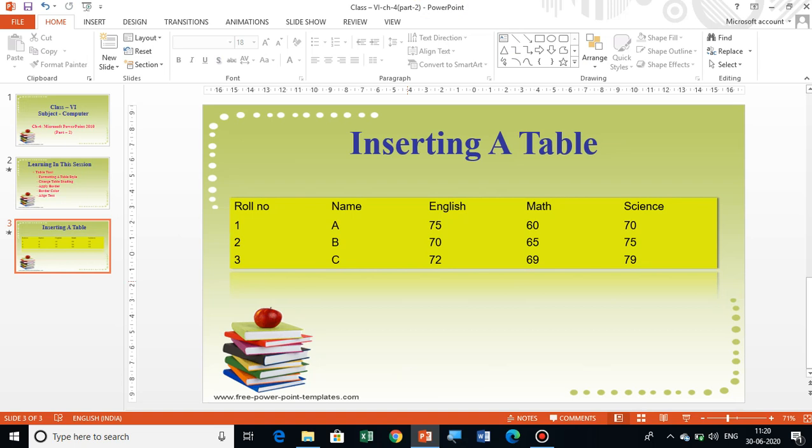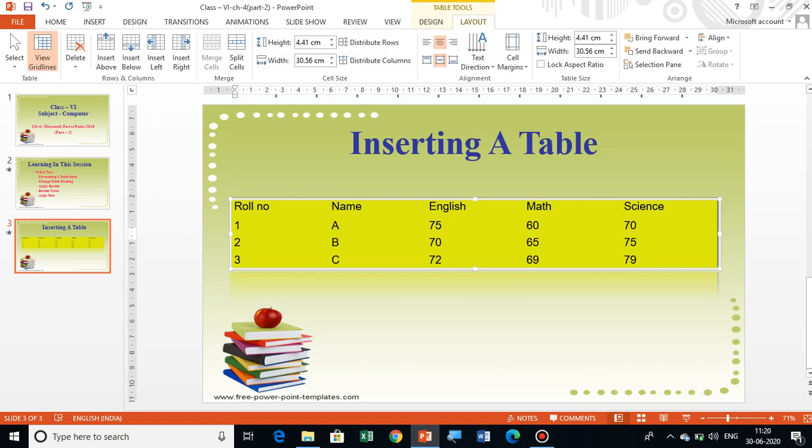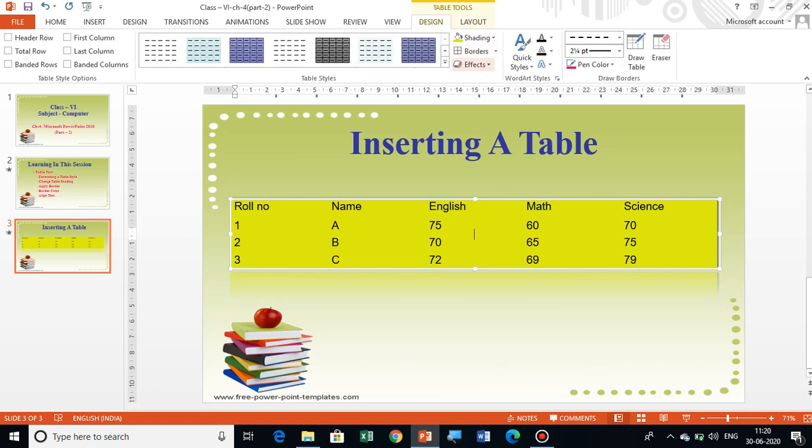So one time you have to do it by yourself in your laptop in a PowerPoint slide and make this type of table one time and change everything from design tab and layout tab, change the border, change the shading, give the effect to it, make a border style different. Okay, this way you can do different things with the table, but one time you have to do it practically in your laptop, in your computer or in your phone or any device whatever you are using, PowerPoint or any Office, in that one you have to do this practical by yourself.